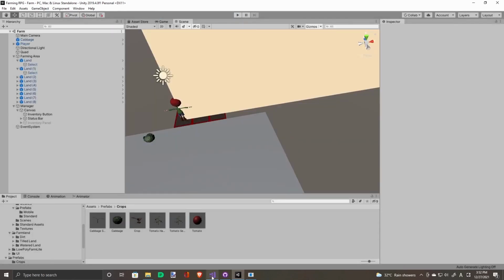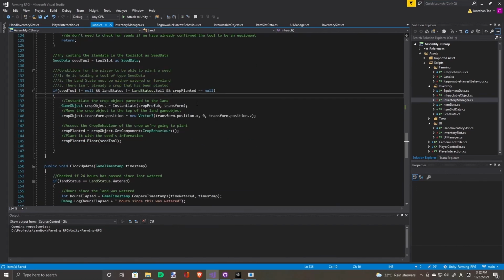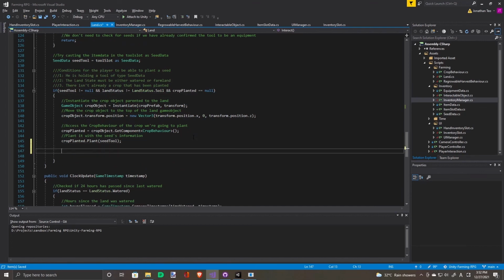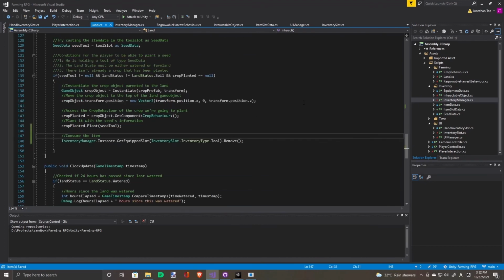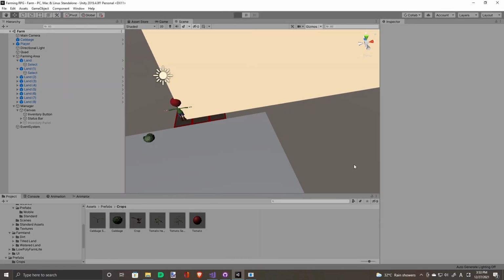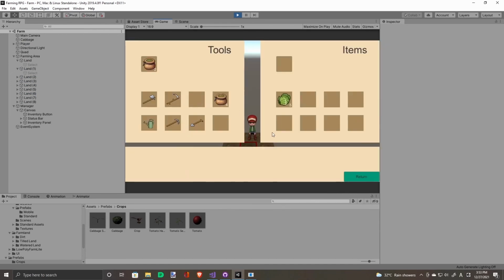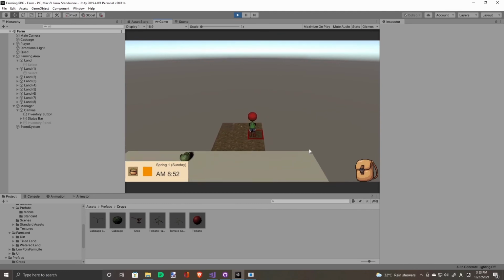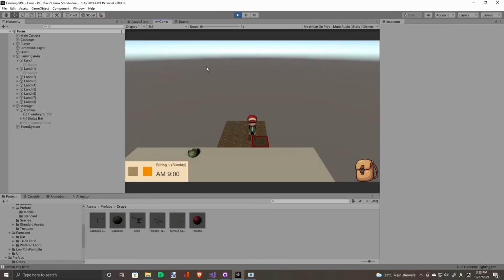We want this to be consumed, so we'll consume the item using this. See if it works. There. But I still had the icon over there.